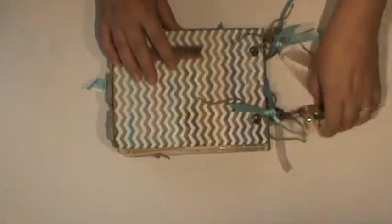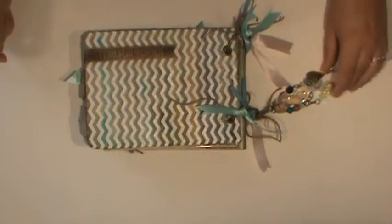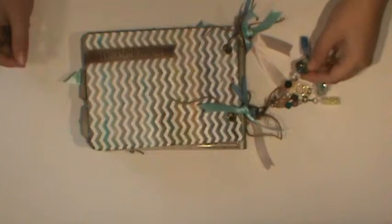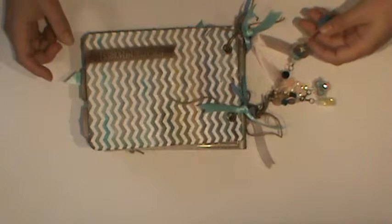So for the cover, this is kind of crazy too for me. It's kind of fun because you can try on different styles. I made a dangle. These were part of the collection, and then I put a button on a stick and put some beads on it. I know there's a better word for that, but...